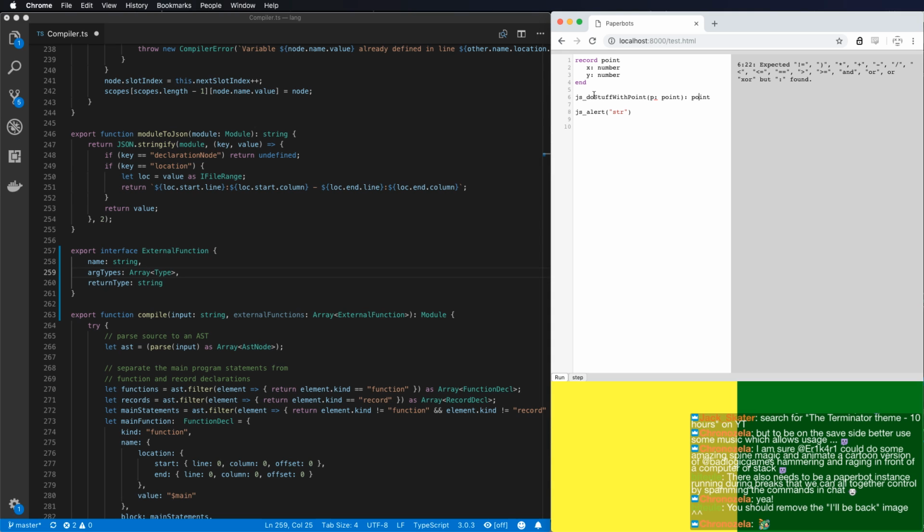If I want to push that into the compile phase with this kind of definition of external function, then I already need to know the type before the type has actually been constructed by the compiler. So it sort of kind of makes sense to not do that and instead have the external user specify external functions as strings. So they would just say point or number or string or array, it doesn't matter, because those are signatures of the types. And the compiler then,